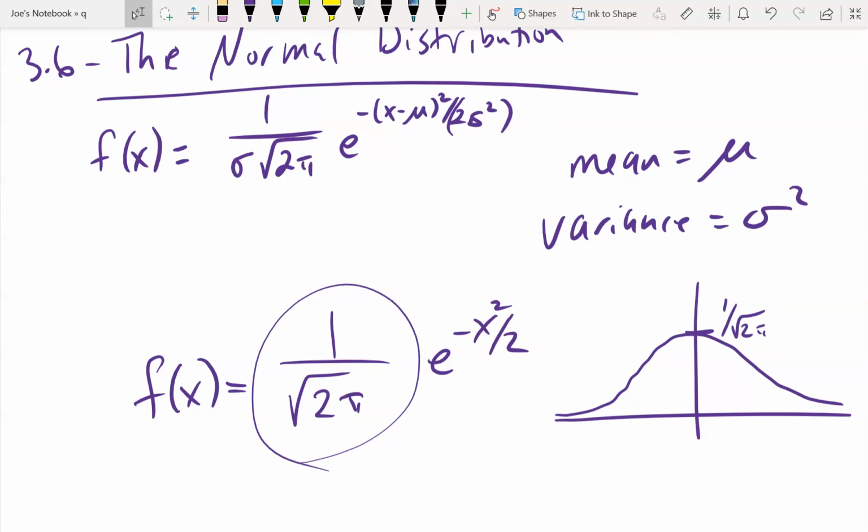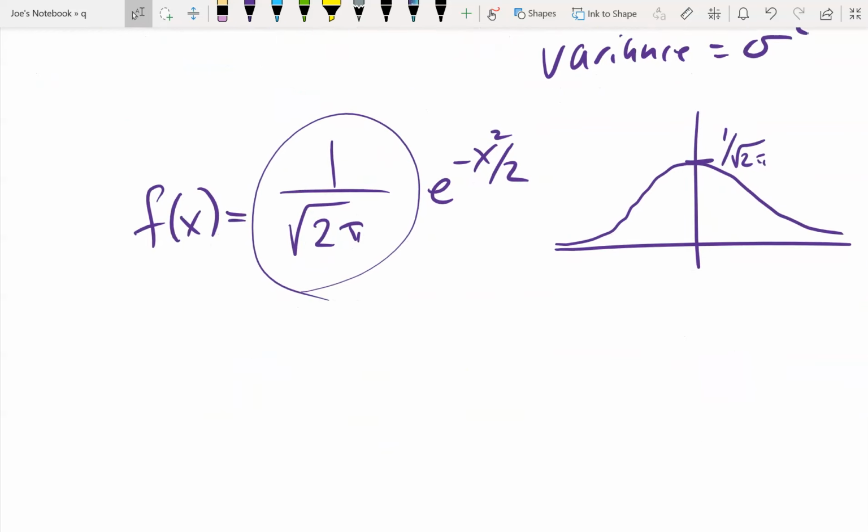All right. So this is your normal distribution. Now, again, we've got that e to the negative x squared piece in there. So it's really hard to try to evaluate probabilities exactly using a normal distribution. There's a couple of ways to get at it. One is with a table in the book, which I'll do more of next time because I don't feel like hooking up the document camera again. Or we could also use Excel, which I'll show a little bit of today when we actually do some problems.